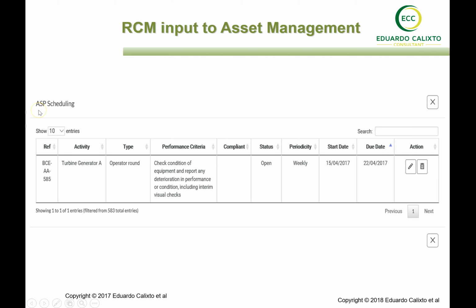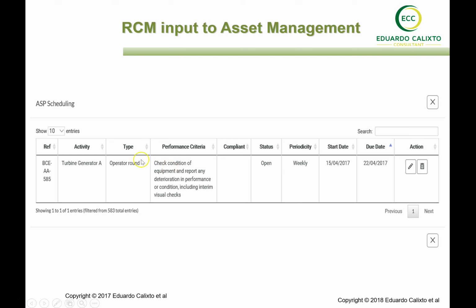The maintenance group also has the asset management scheduling that encompasses the type of activities that need to be carried out for specific equipment. So here we can see we have a turbine, we have the reference and the operator rounds that need to look at this turbine, and what they need to do in terms of